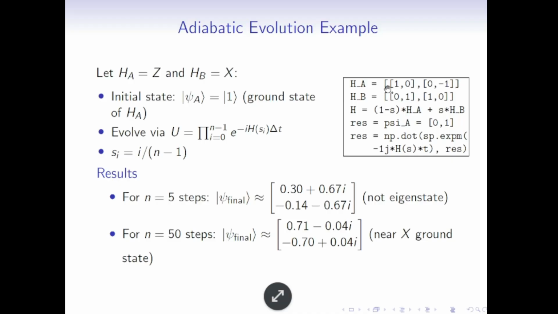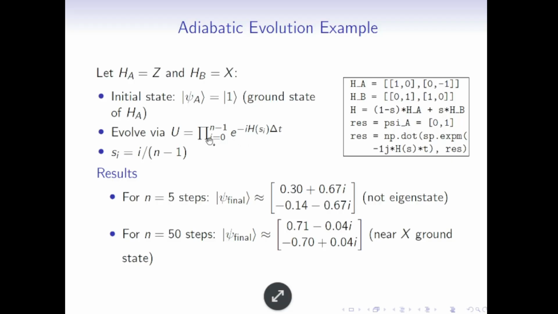So this is the matrix, that is why there are two brackets. This is the upper part, this is the lower part, and this is the HB, as you know, the X operator, right? So the initial state we can choose as 1, the ground state, and then we evolve by the unitary